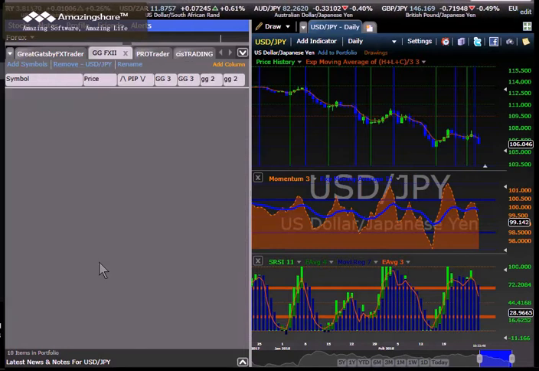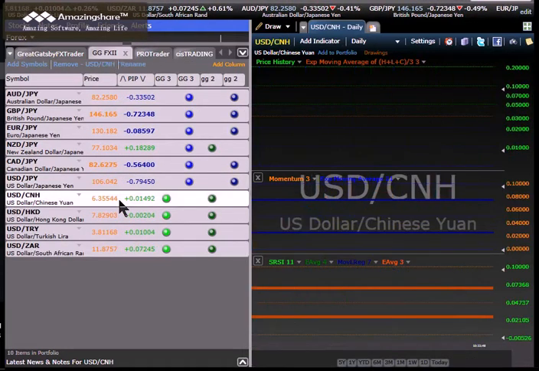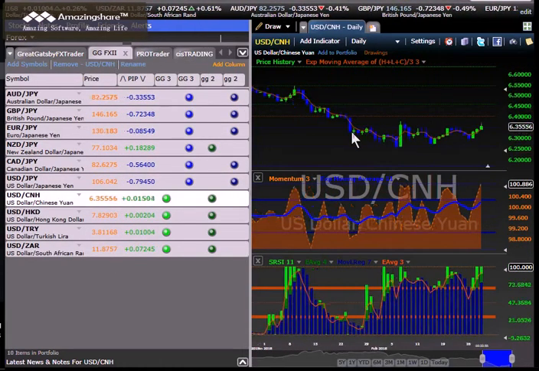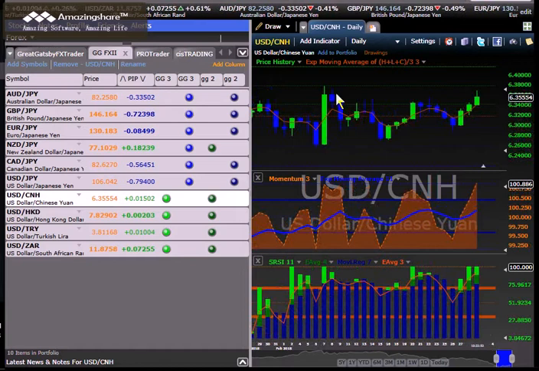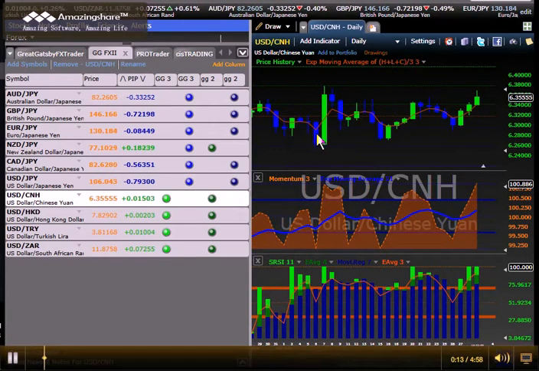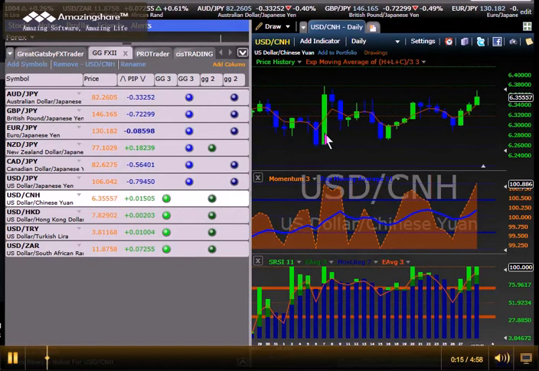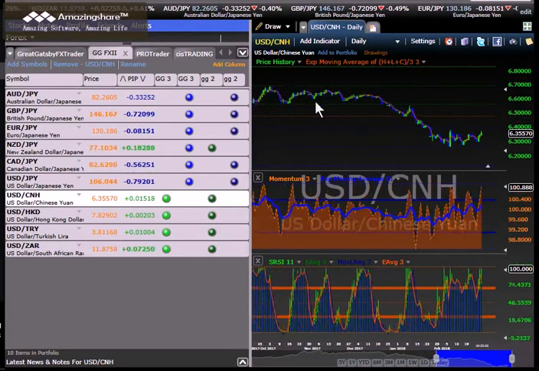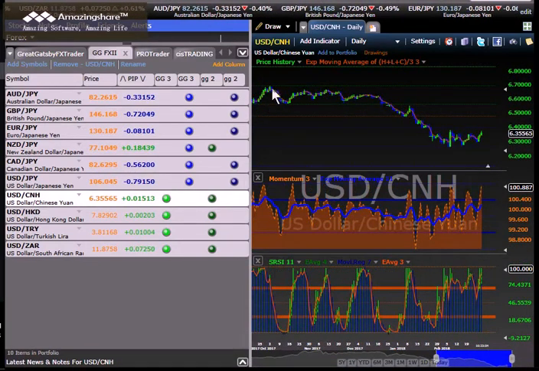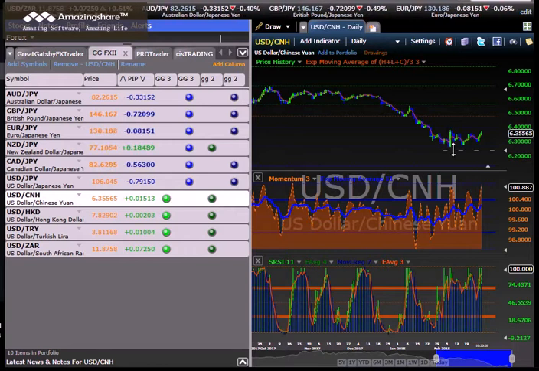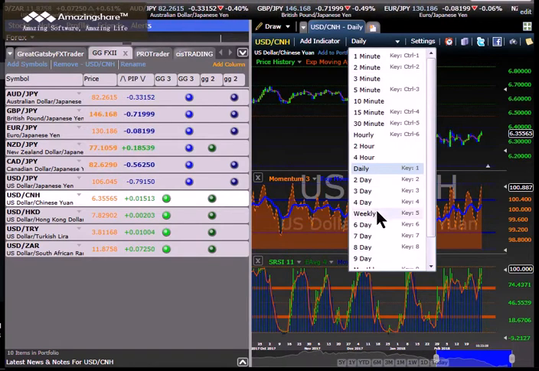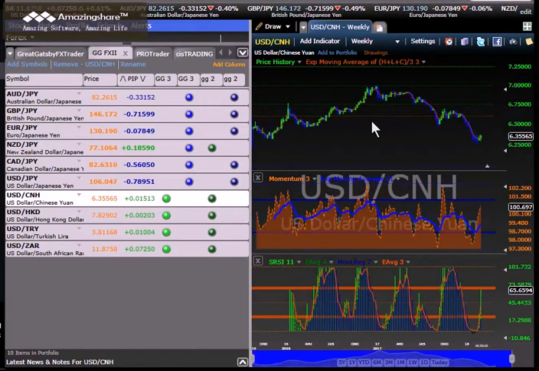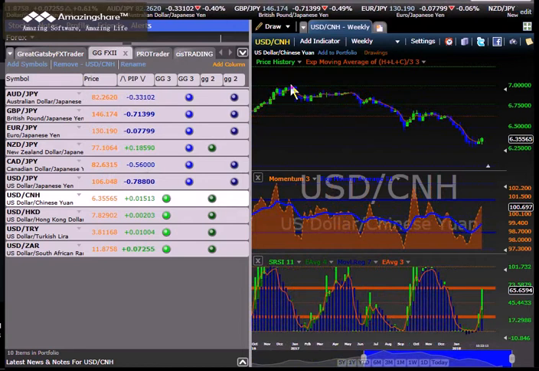First in focus is the US dollar Chinese yuan. At the bottom of this downtrend, we have a diamond reversal pattern with an inside bar, outside bar, inside bar. When we look at the top of this intermediate trend, we have the same diamond reversal there and the move down to here. When we look at a weekly chart of the US dollar Chinese yuan, we have a diamond pattern at the top